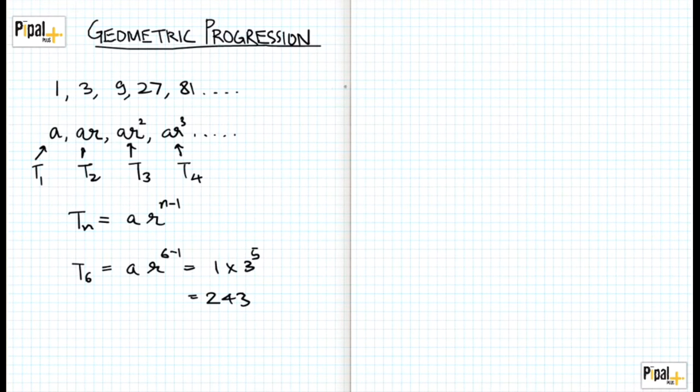Now it is interesting to note that every consecutive pair of terms that you pick, for example T2 and T1, their ratio will be equal to any two consecutive terms you pick. For example, T47 upon T46. Why? Because this has one extra r over and above T1, right? So this also has one extra r over and above term 46.